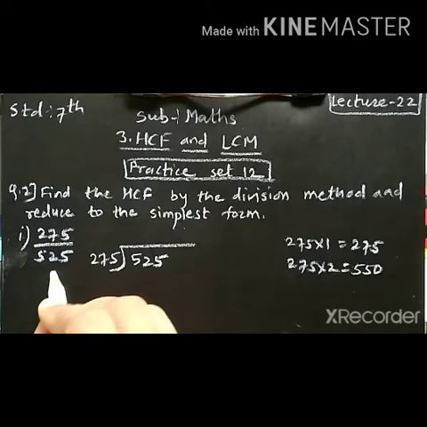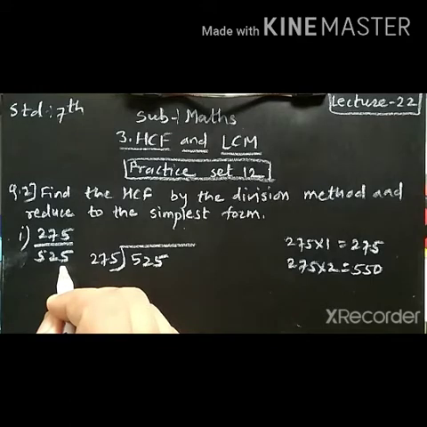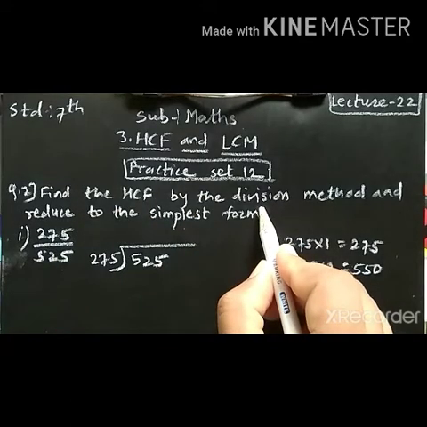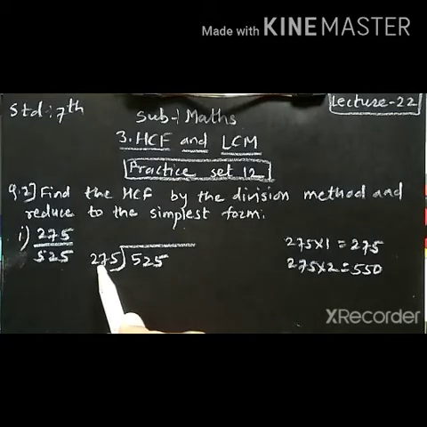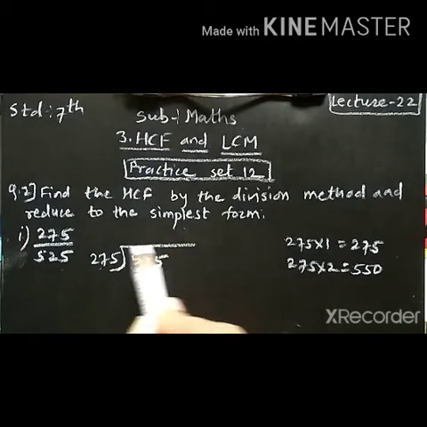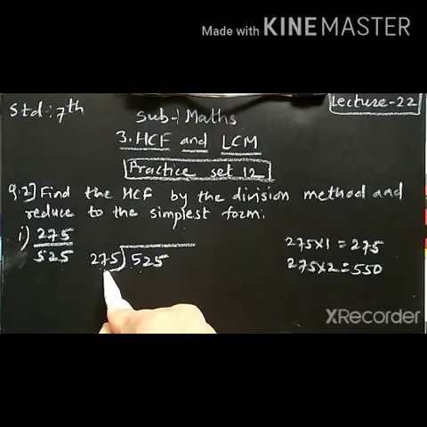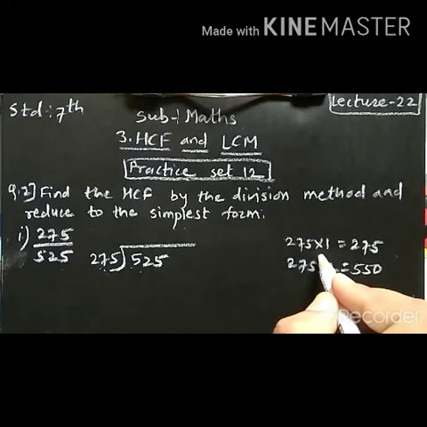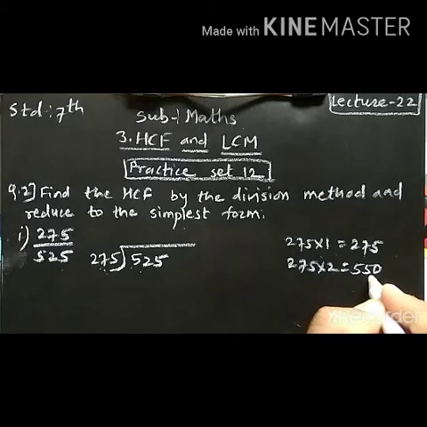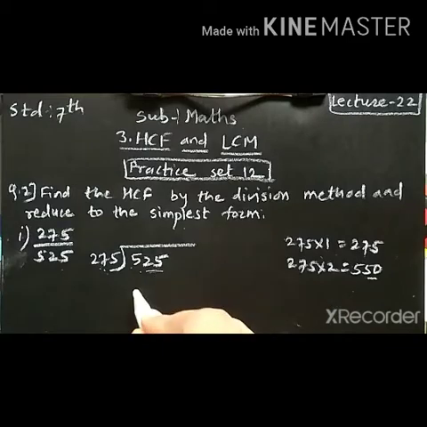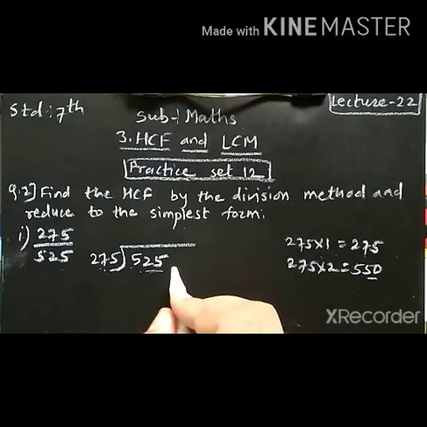Let us see number 1. 275 upon 525. Now, according to the rule of division method, we have to divide the smaller number into the bigger number. So bigger number divided by the smaller. Therefore, 525 divided by 275. Now see, 275 ones are 275. 275 twos are 550. So 550 is bigger than 525, so we can't take this. So